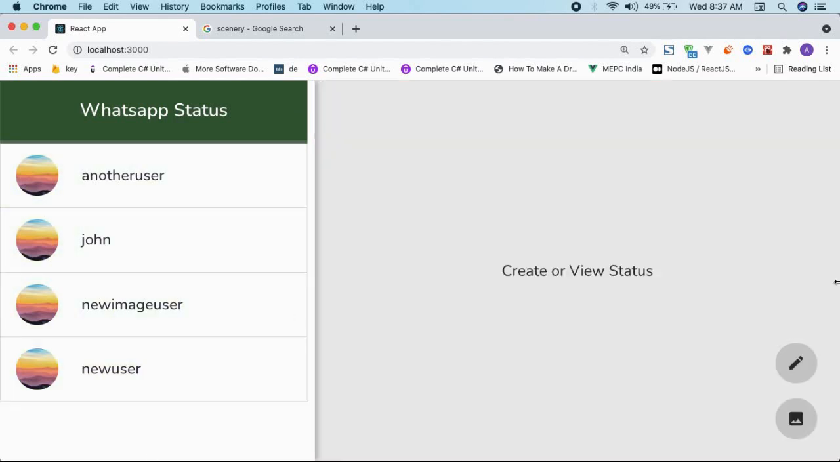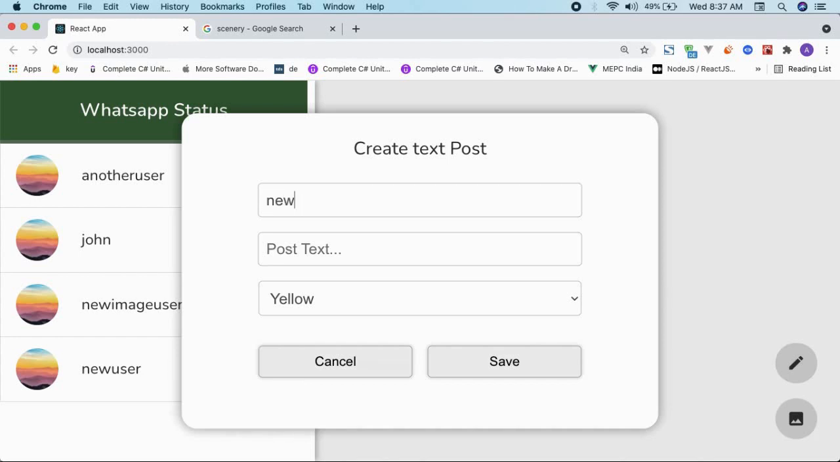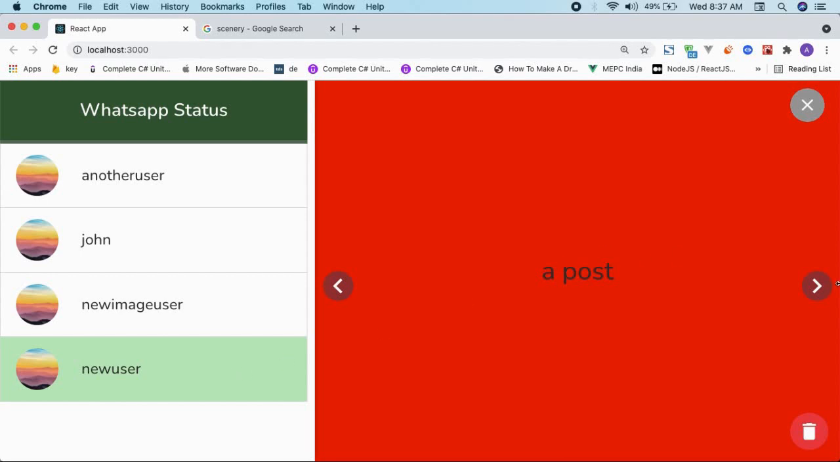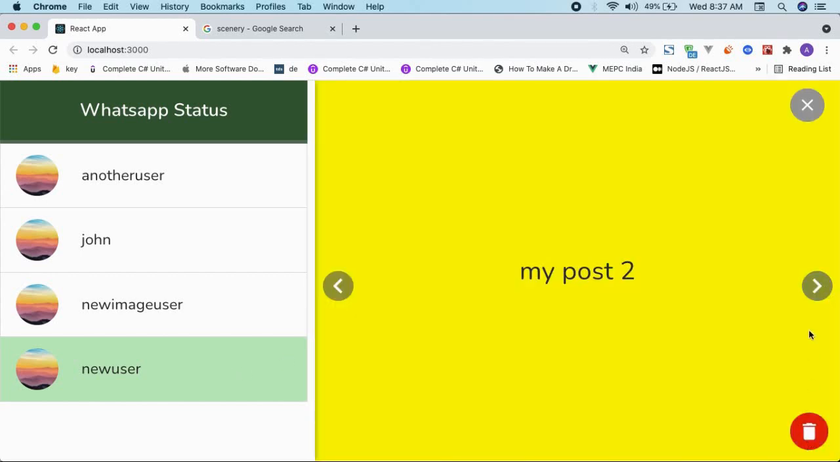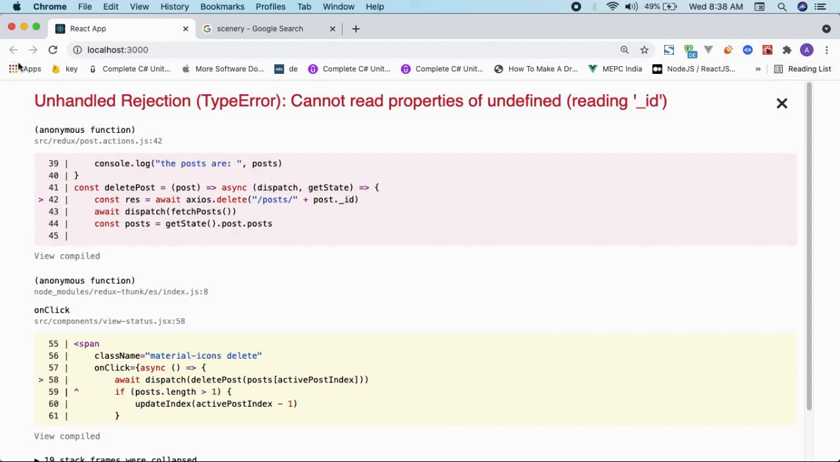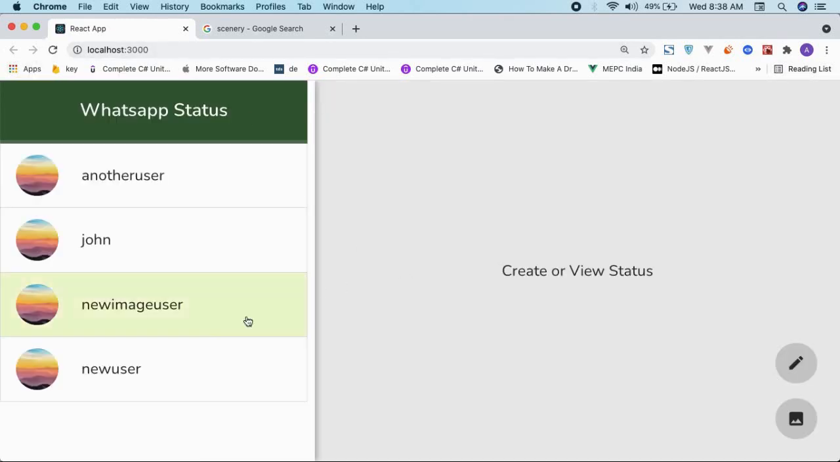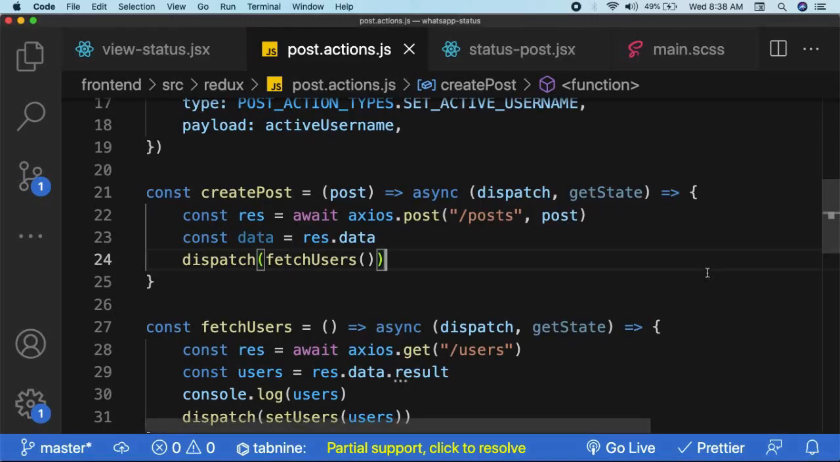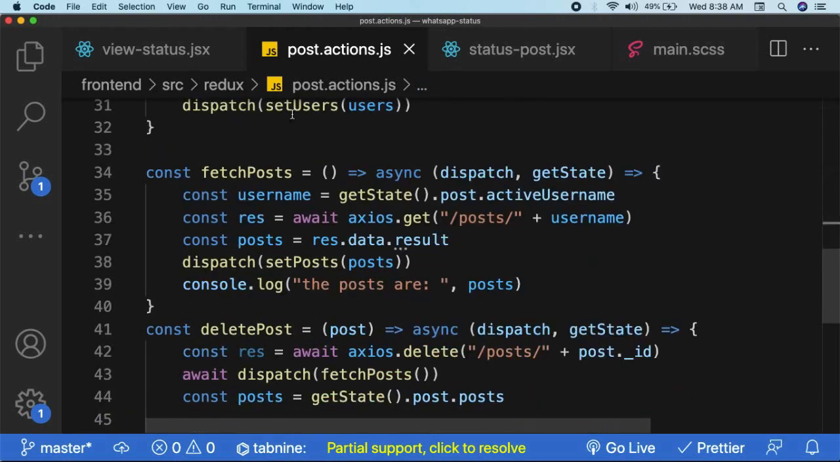And now this is a post, and whenever we create a post with the same user, right here, and my post 2 with yellow color, save it, it'll come as a loop right here, my post 2, and it'll loop again from the back. Whenever I delete the first post, there should be okay. So that's what we have got. We have to fix it right now. It's a big issue because whenever we delete the first post, we are having issues right now because of this